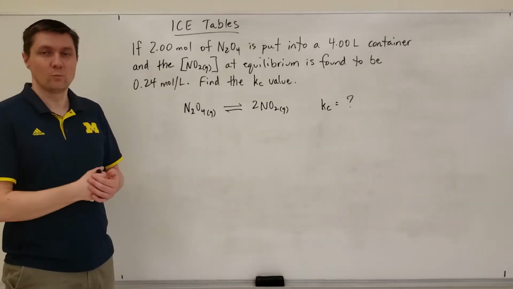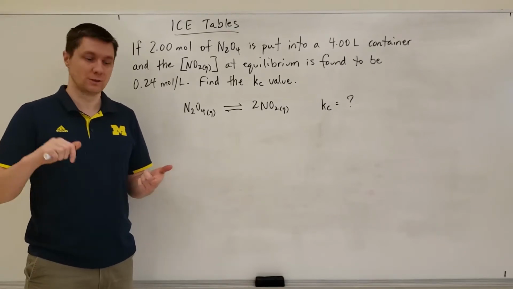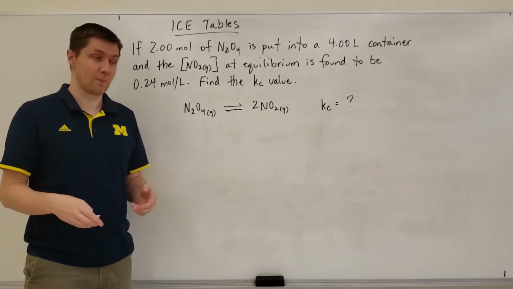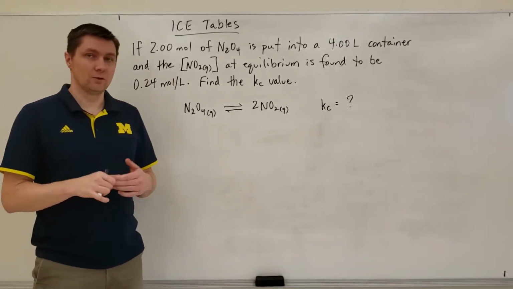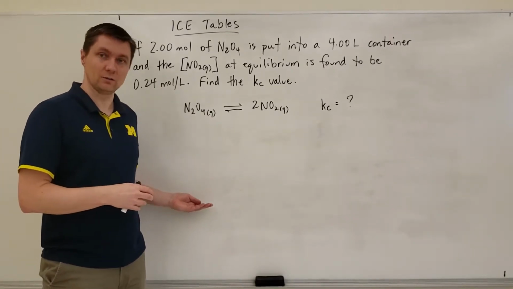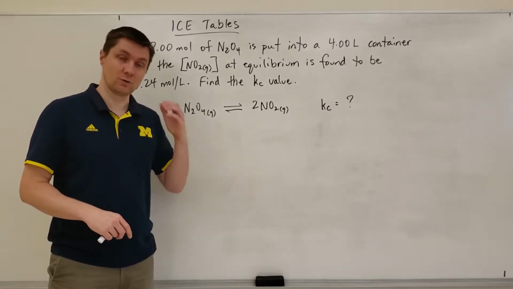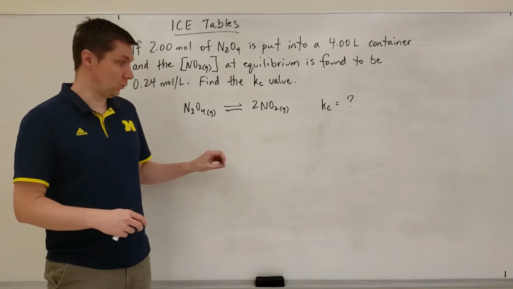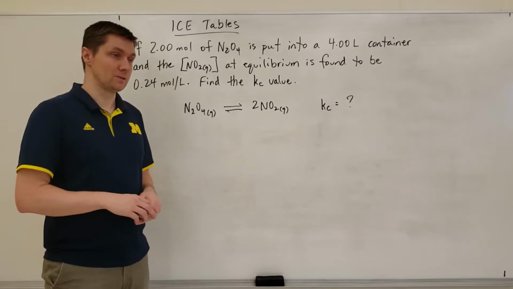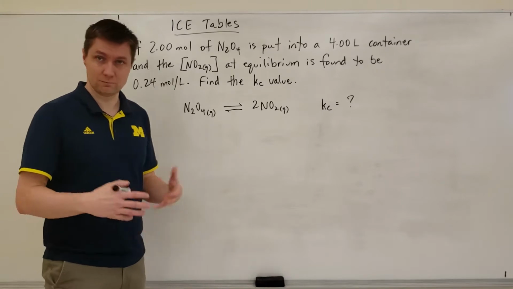Hey everybody. So what we've covered so far is we've talked about what is an equilibrium, and then we've looked at equilibrium expressions and calculating equilibrium constants using those expressions. Now, in those expressions, I talked about how you could be asked to calculate the equilibrium constant given all the equilibrium concentrations for that expression, or you could be asked to calculate one of the equilibrium concentrations if you're given the equilibrium constant. And so those are some simple algebra formulas that you can just use to calculate those things and find those